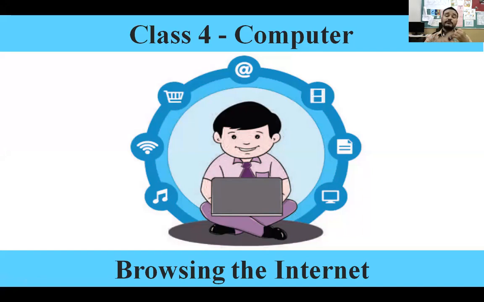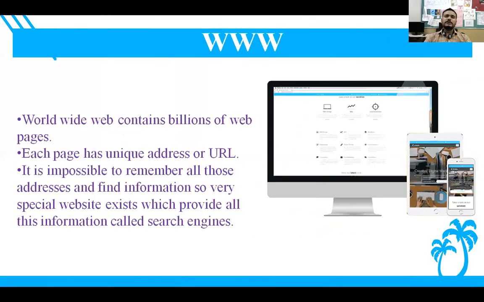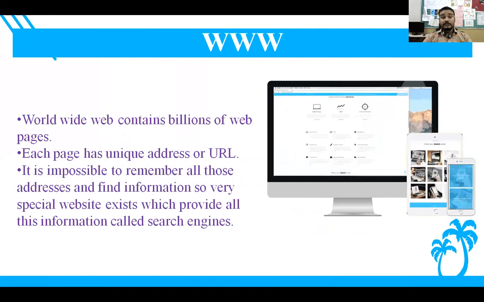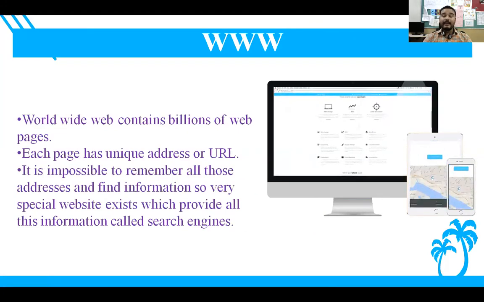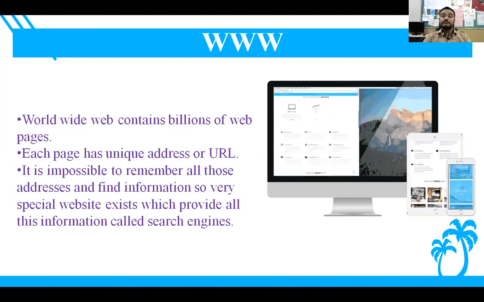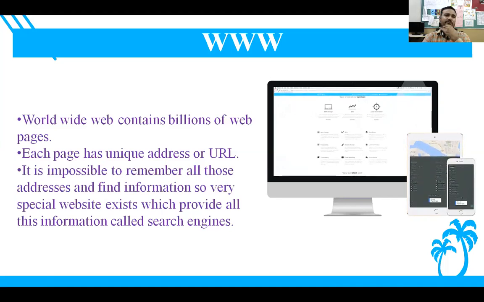In our first part we had seen some basic requirements for internet connection, then we had seen ISP, modem, computer, then components of www. What is www? www is nothing but the World Wide Web, which is huge and full of information and contains billions of web pages, and each page has a unique address, that is URL, which stands for Uniform Resource Locator, meaning each has a different address, and these different addresses are nothing but their websites.